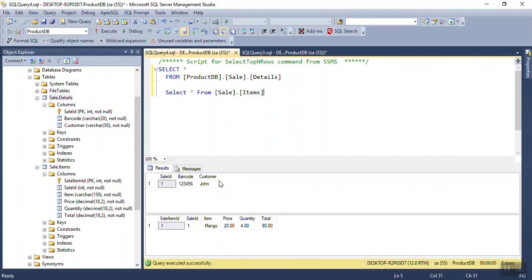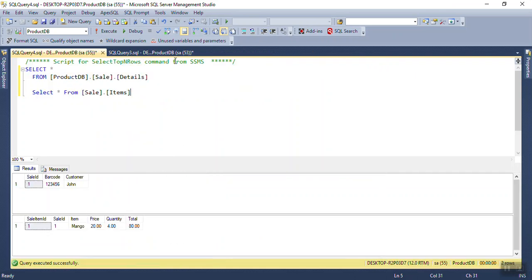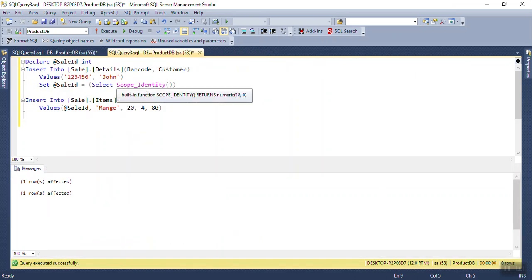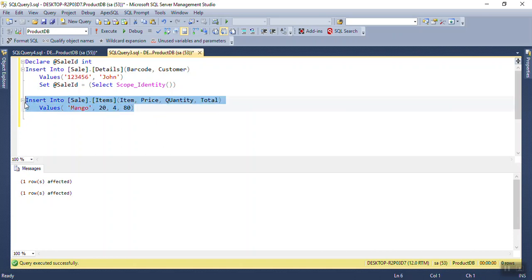Now you can see the data inserted successfully. Now if you make a condition, if someone writes it like that and you want to remove this one, just remove the sale ID. Because it's a foreign key, it's a required field, it's not a nullable value. If you try to insert this, I know that here it's going to fail,